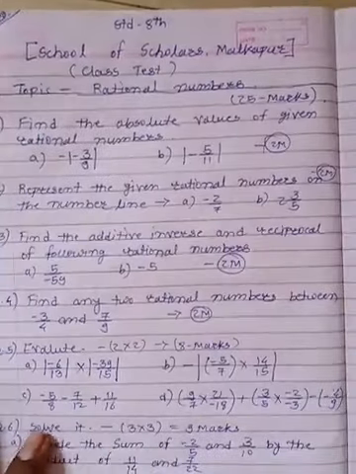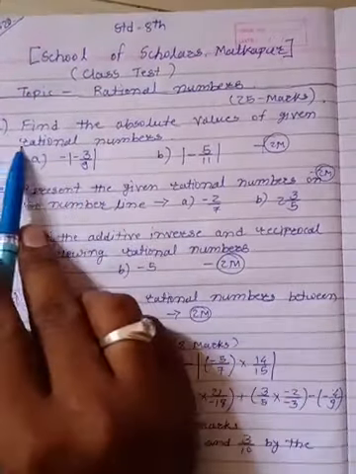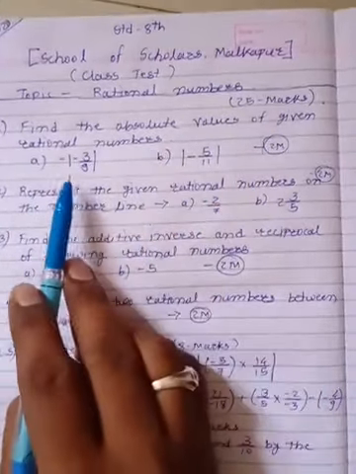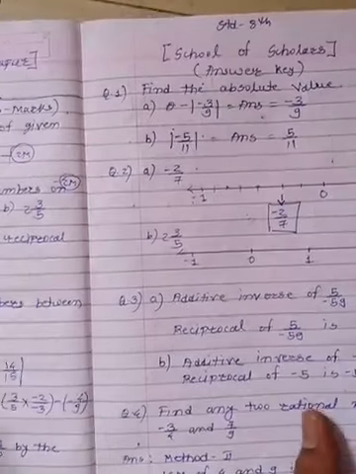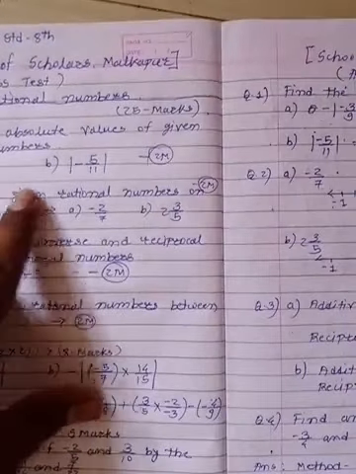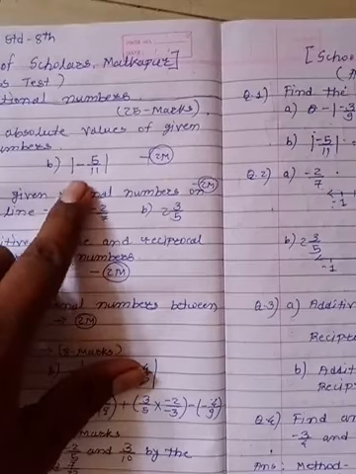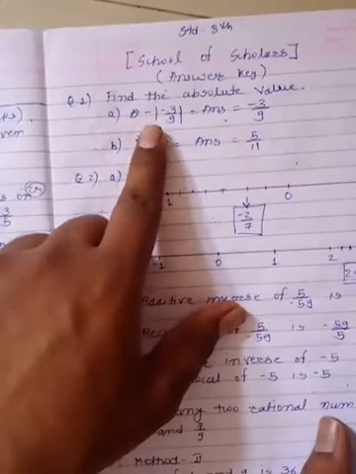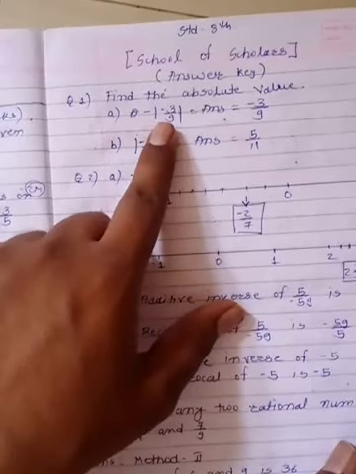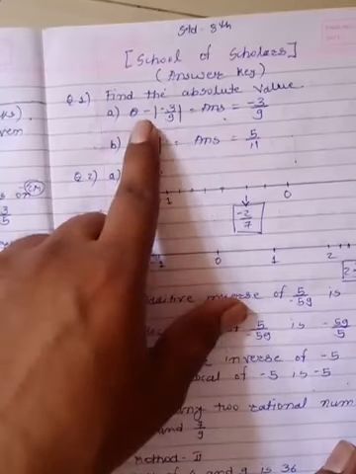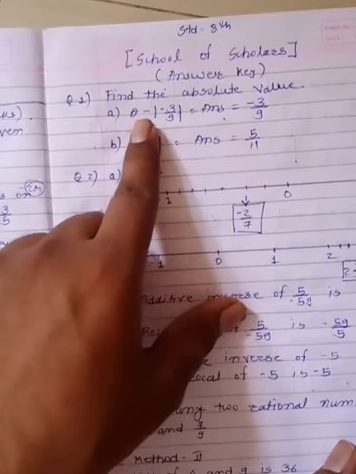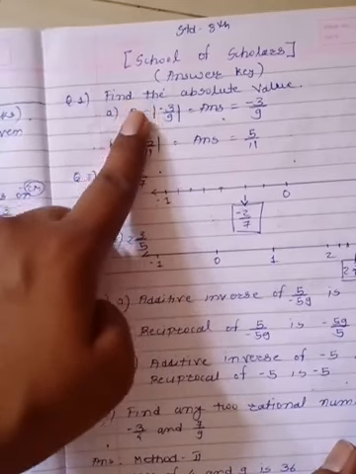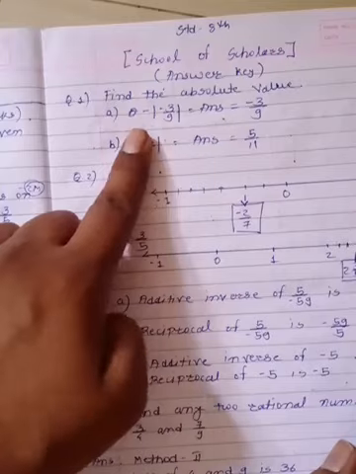So here the first question was: find the absolute values of the given rational numbers. First is minus, vertical bar, minus 3 by 9, and B question was vertical bar, minus 5 by 11. So the first absolute value is minus, vertical bar, minus 3 by 9. Before the vertical bar a minus sign is there, so if we consider this much only, the absolute value will be positive, but since the minus sign is before the vertical bar,